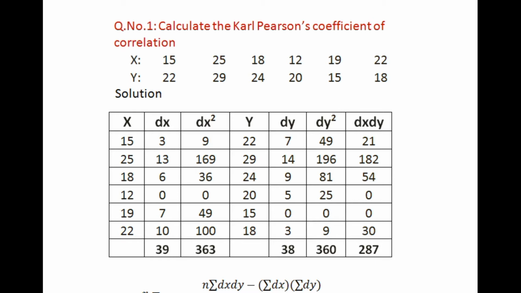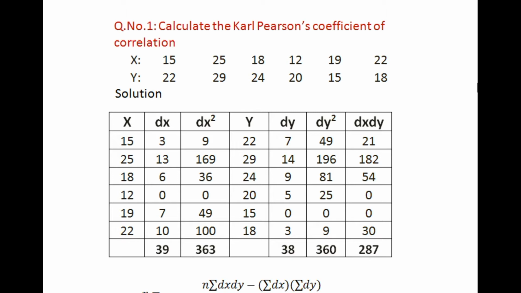As I said in the previous presentation, the theory is based on two main types of correlation. One is the graphic method, using graphs, the scatter diagram and graph method. The other is the algebraic method: Karl Pearson's rank correlation, and the last one is concurrent deviation. Out of the algebraic methods, I have taken only the first one now, which is Karl Pearson's coefficient of correlation.